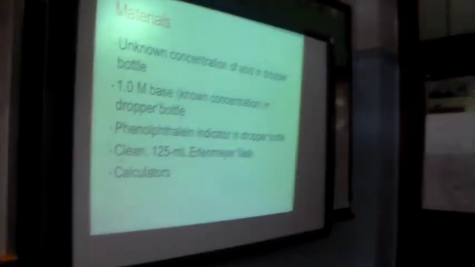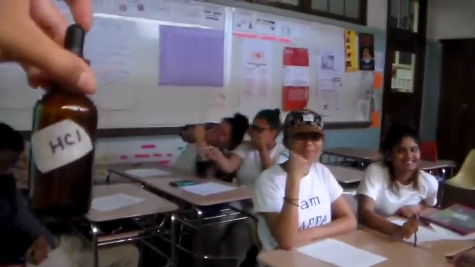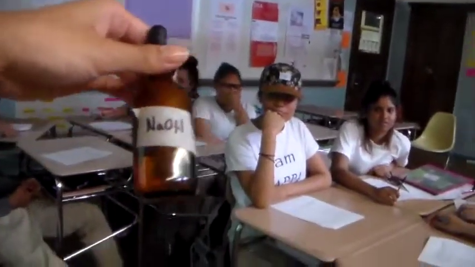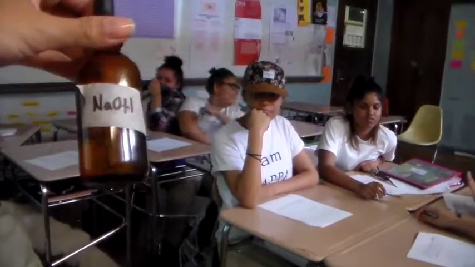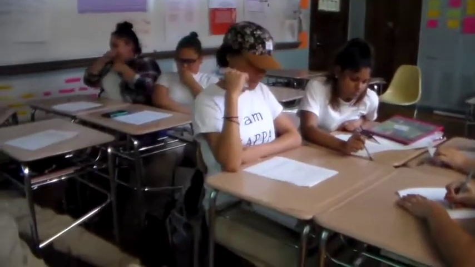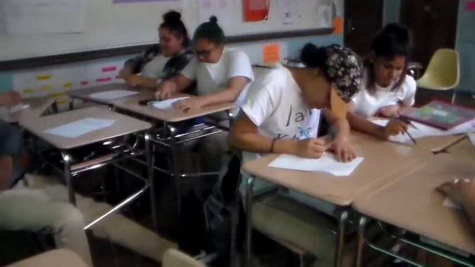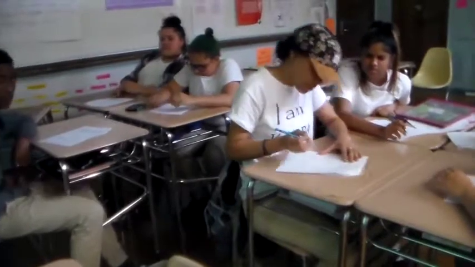Right now, I have an acid of unknown concentration and a base of known concentration. What is the concentration of the base? 1.0 molar. 1.0 molar. Good, so write that down. Or I think you have it already. Okay, it's in your material. All right, so